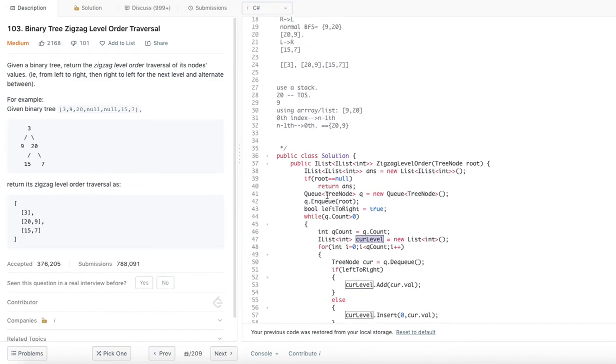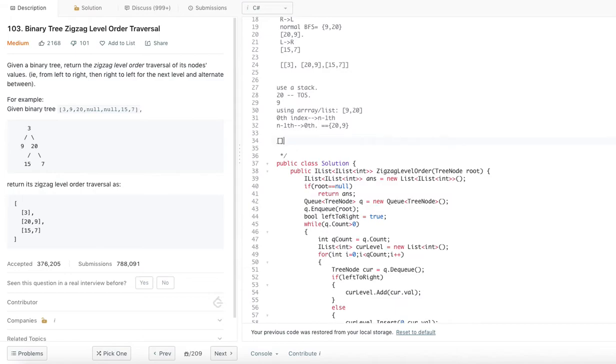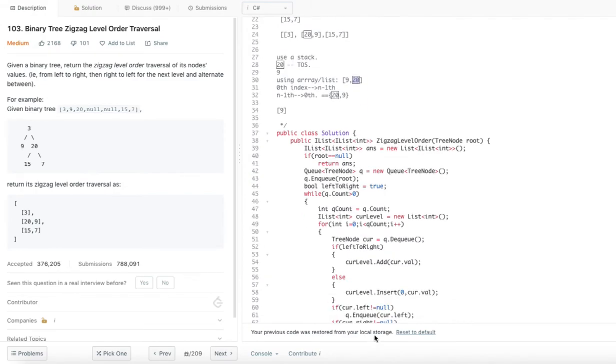So right now, let's say I am going from right to left for 9 20. Now I have 9 in the list. The second element, whenever it comes, 20, that is the second element. So whenever I encounter 20, I am saying insert at the 0th position, which means it will come at this position.